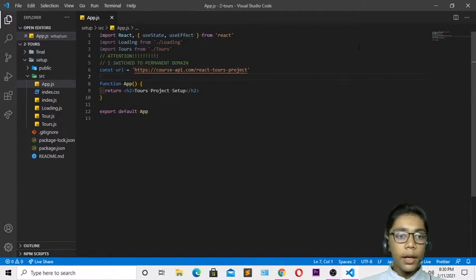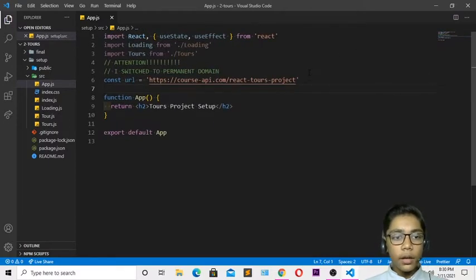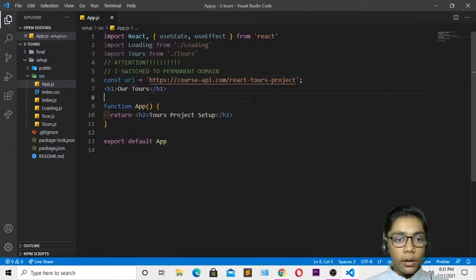I will zoom in, so you can see all the code. First of all I will be writing an h1 tag, and in that I will be writing our tours. When you've done that, just close it first of all. Now it is good. Then come underneath again, and you have to make a line.